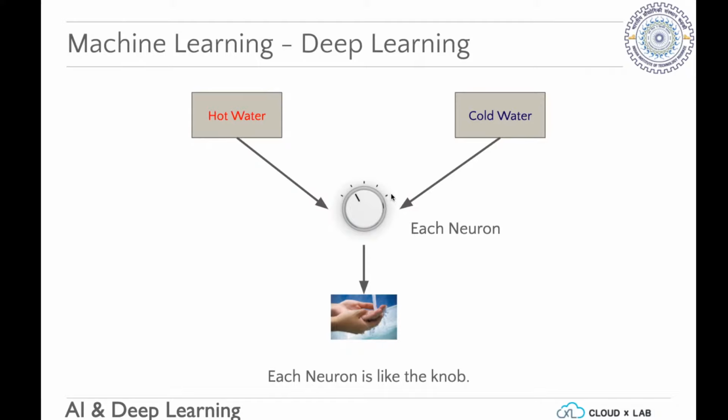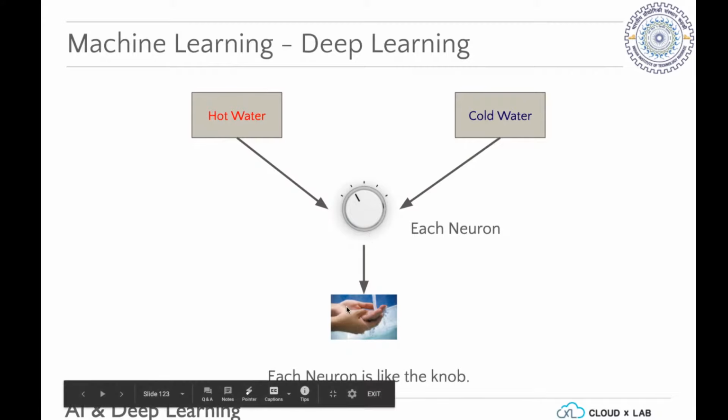You would take a bigger step. Okay. And then if it becomes too cold, what would you do? You would slightly move it towards hot. And so again, you would compare the temperature then, and you would eventually come to a point which you are, say, comfortable with. So that's the answer. So now what you have is, you have specified the weight, you've specified the amount of hot water you need and amount of cold water you need for the temperature you want.